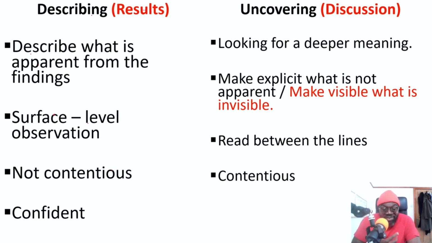When you uncover, it's contentious because you may be right and you may be wrong. Even though you are putting forward the most plausible reasons, you could still be wrong. So this is contentious. And because you may be right or wrong when you uncover, you have to write in a very cautious manner, tread carefully. Arguably, this may be due to, this could be a result of, this indicates, very cautious language. Do not commit yourself because it is essentially your interpretation. All interpretation is subject to error.